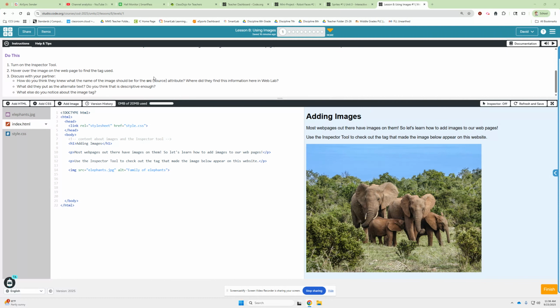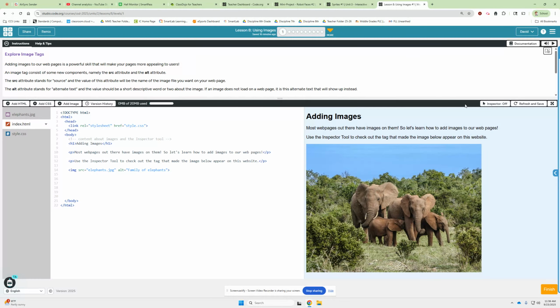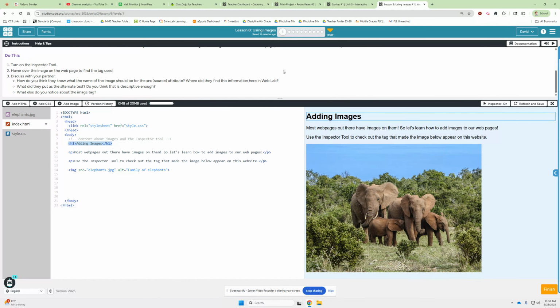Alright, so turning on the inspector tool. It's already on, apparently. Oh, uh-oh. I've broken the inspector tool. Let's refresh the page, see where we are with it. There we go. Inspector off, inspector on. There, now. Okay. Hover over the image on the web page to find the tag that is used,